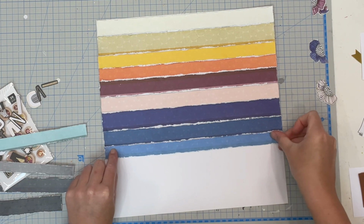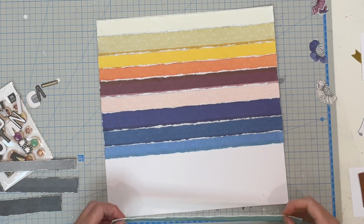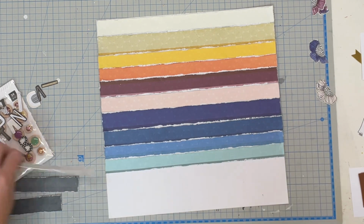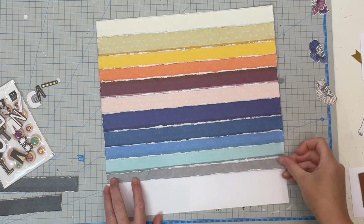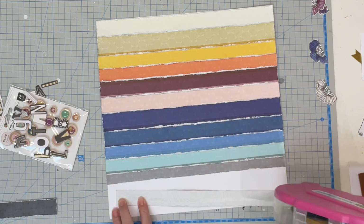So I didn't change up the color order. I didn't change up its design at all. All I did was cut it apart, distress it, and put it back together again. And I just think it looks super cute. It was a beautiful paper in the first place with all those amazing colors. And then, of course, by adding just that little bit of distress,